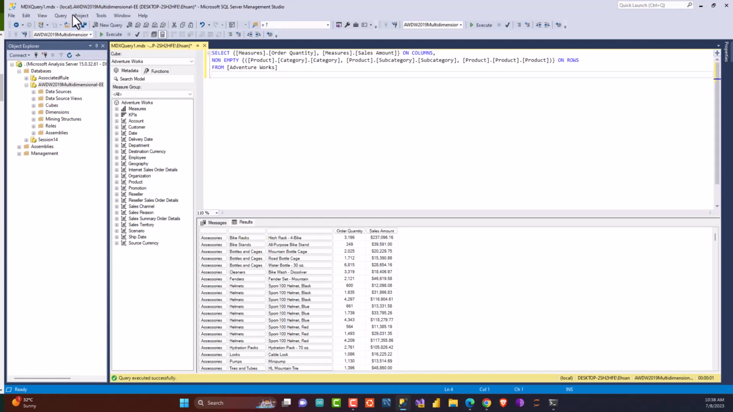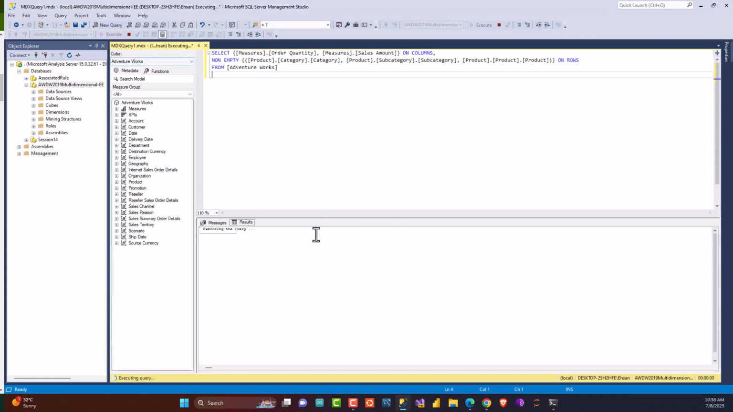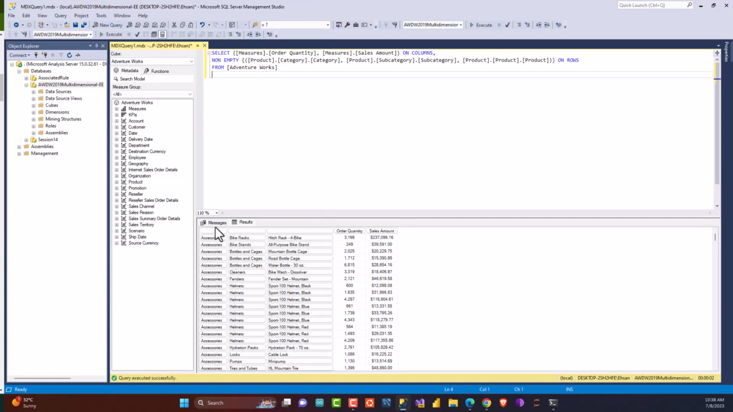Here, select measure order quantity and measure sales amount on columns. This specifies the measures to retrieve on the column axis. In this case, it's the order quantity and sales amount measures. And here,